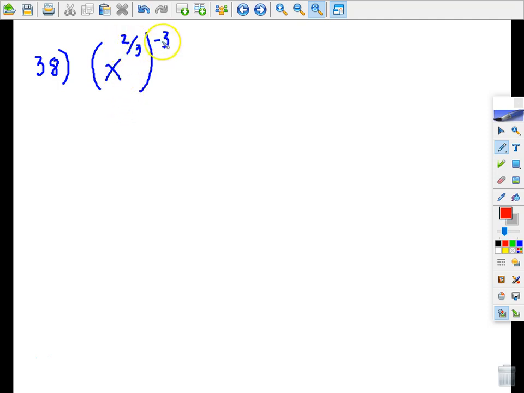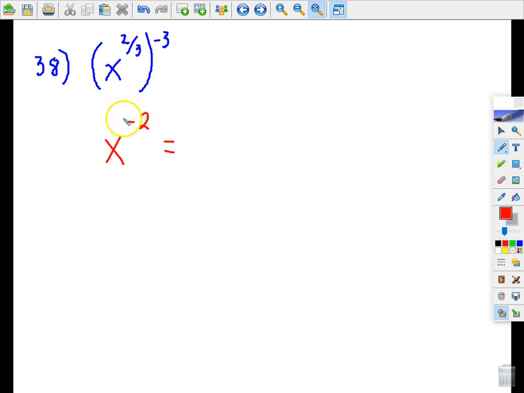We reviewed our rules of exponents. When we have a power inside being raised to another power outside, then we multiply those two powers together. And if you multiply 2/3 times -3, you get -2. So basically this, in removing the parentheses, becomes x to the -2 power, and now we always just remember